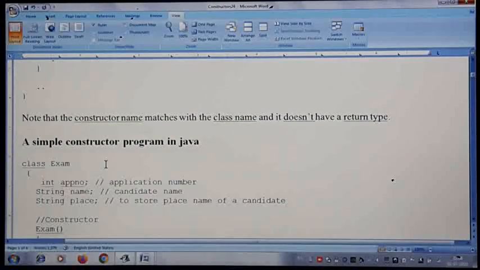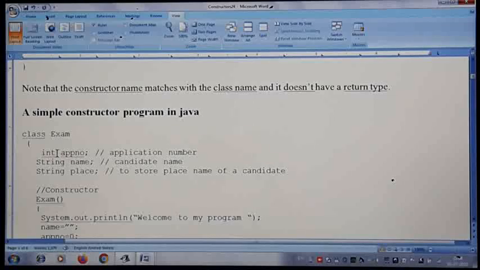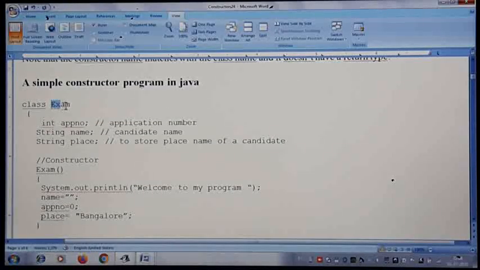As I said in the beginning while explaining, I told you about some examination we are going to conduct. We'll assume one exam. I have written one class with the name exam, where we are going to take the application number of the candidate, the candidate name and the place, and the exam is conducted for Bangalore people, we'll assume like that. That is the reason I have taken one constructor. I told you that this is the one which is going to execute first, and will automatically get invoked the moment you create an object.